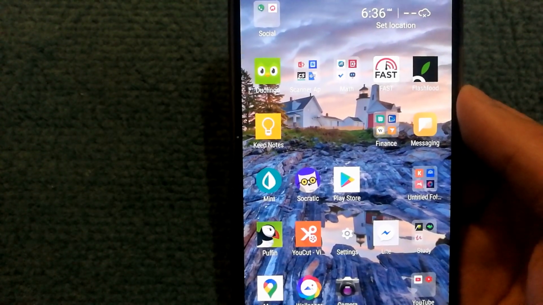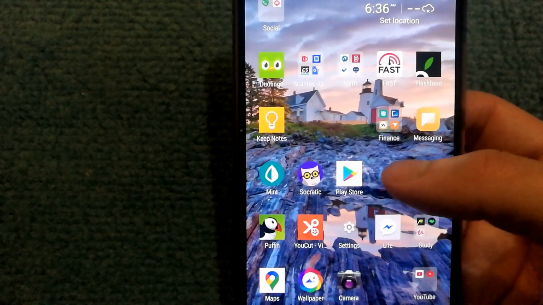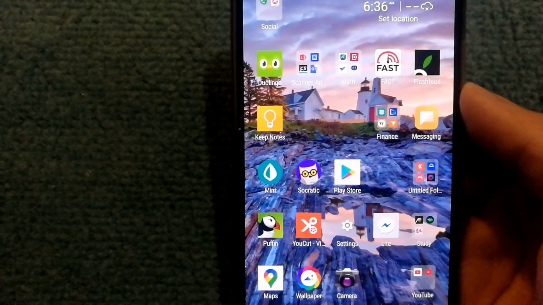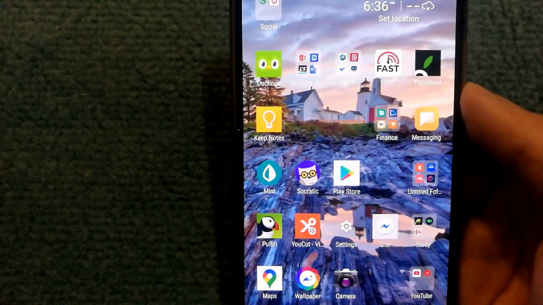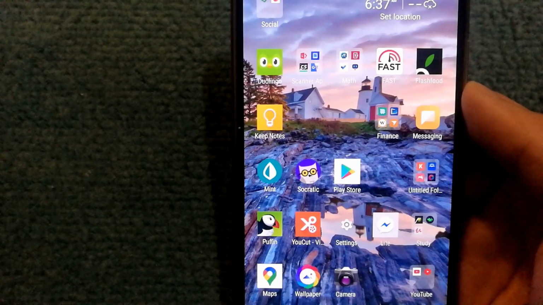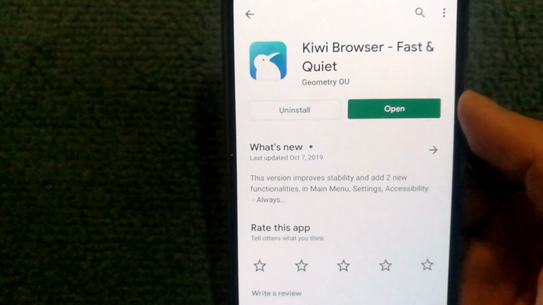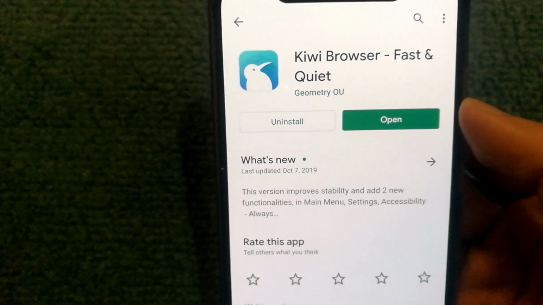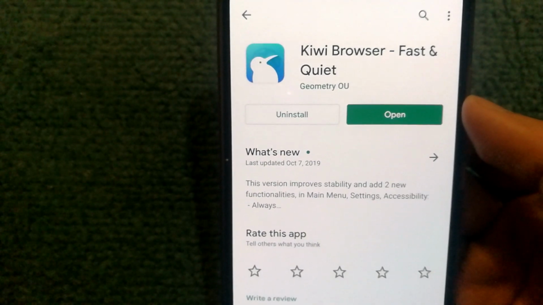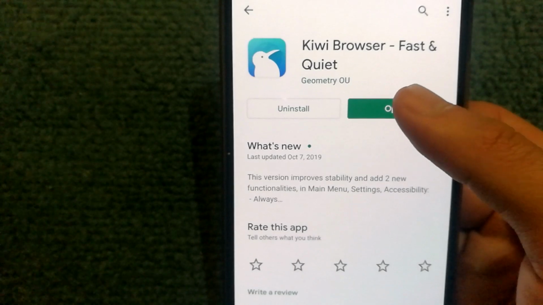In this video, I'll show you guys how you can run Chrome extensions on your Android phone. Since the default browser that comes with your phone does not support Chrome extensions, what you'll need to do is install an app. It's called the Kiwi Browser and it's available on the Google Play Store. Once the app is installed, open it